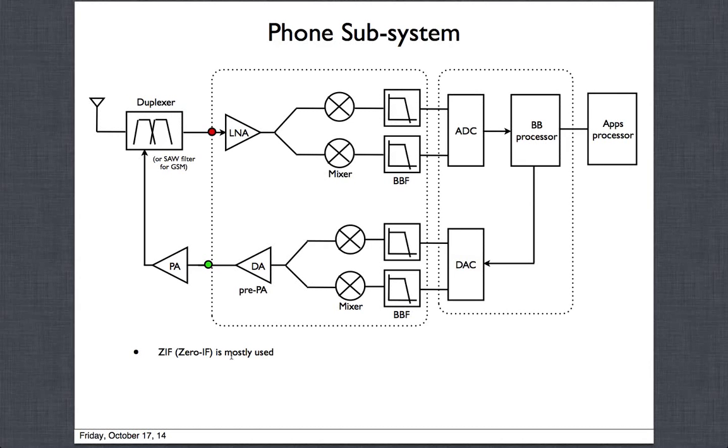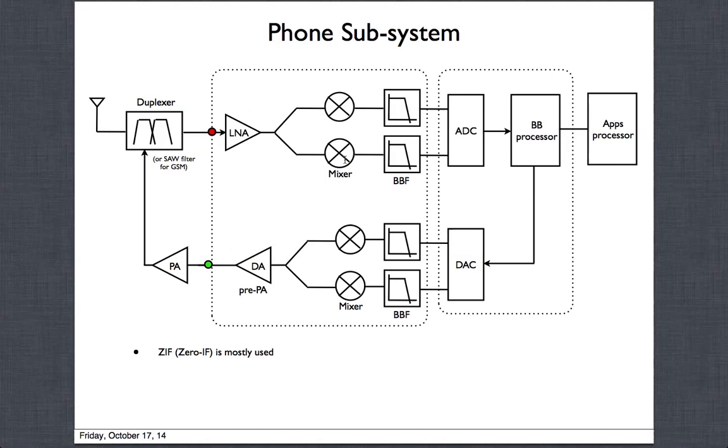So these are zero-IF systems, and this is a simple block diagram of the chain. We have an LNA. It could be a single-ended LNA or it could be differential, based on whether you can afford 2 pins or 1 pin as an input. Typically these are mostly LC tuned, narrowband type LNAs, and we will talk about it later on in the slides.